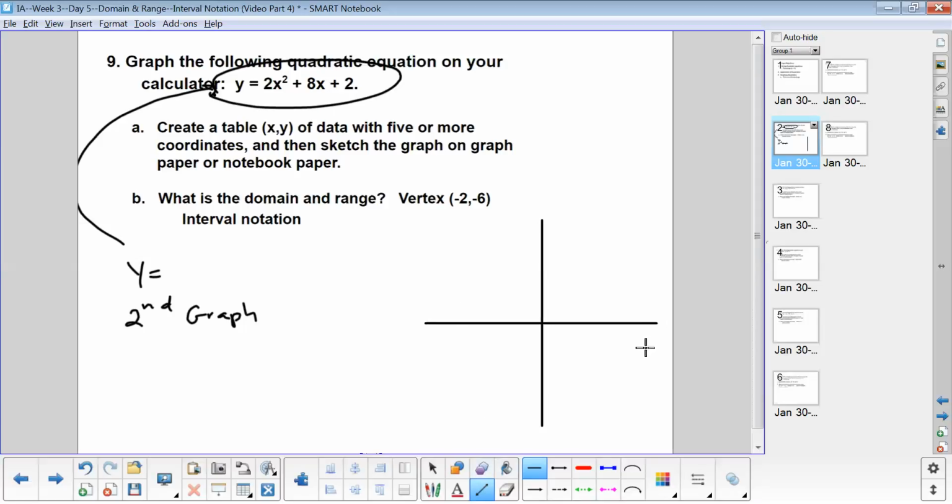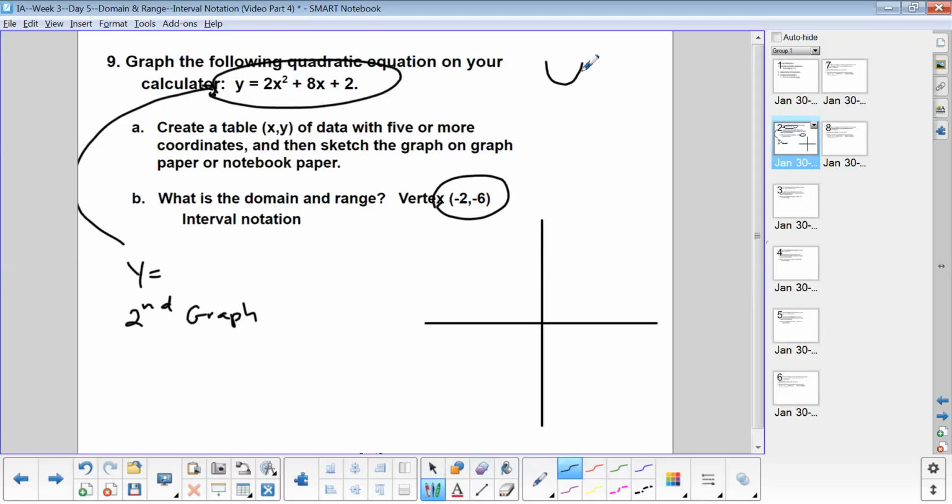it's what I would ask you to do on your graph paper, just on your notebook paper. In order to sketch this, I need some data points, but I also know that I've got a vertex of -2, -6. Now we're going to notice with quadratic equations, it's going to open up or it's going to open down in regard to functions. It's going to open up due to the a value being positive. You would see that once you graph it. So a quick sketch of